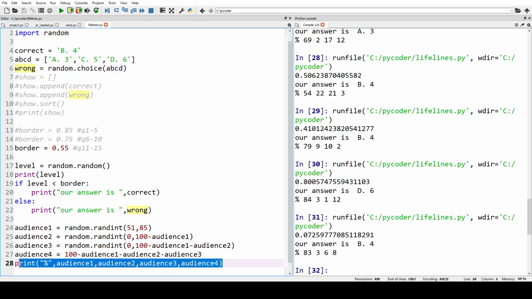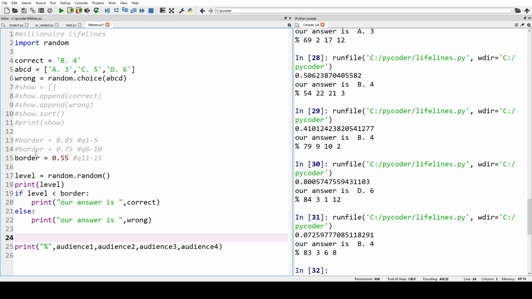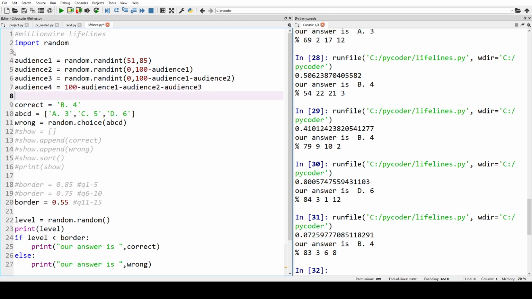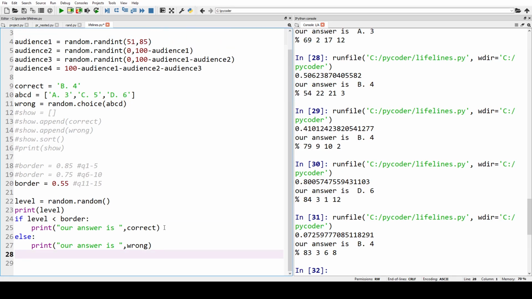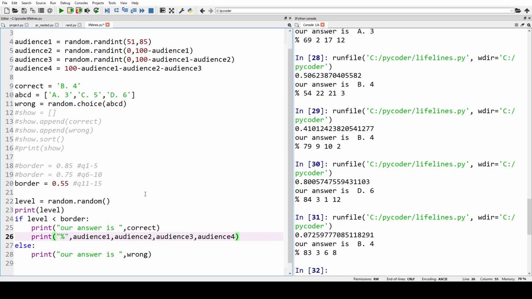So let's imagine, let's just move this. Let's start off by taking this out and putting it, where should we put it? Let's just put it at the top for now. Okay, and then with the correct answer, now remember the code we use for phoning a friend. If it was the correct answer, then audience 1 would be answer B. Okay, so we could say print